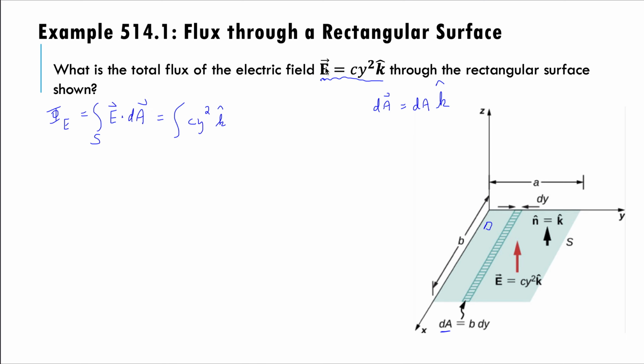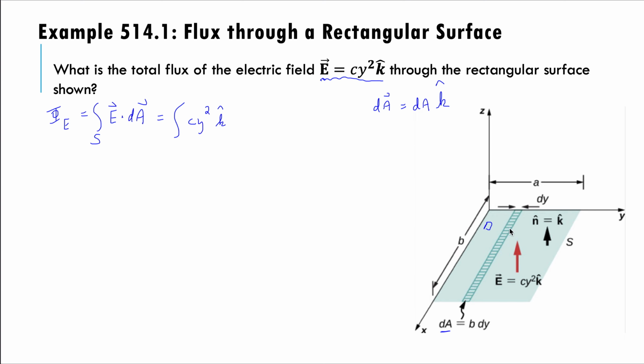Well, because the field depends on the y direction. It doesn't depend on the x direction. So along the x direction, the field is constant. If we pick our surface area element to be a strip along the x direction, we're going to have a constant field. And that's the requirement for these little surface elements,